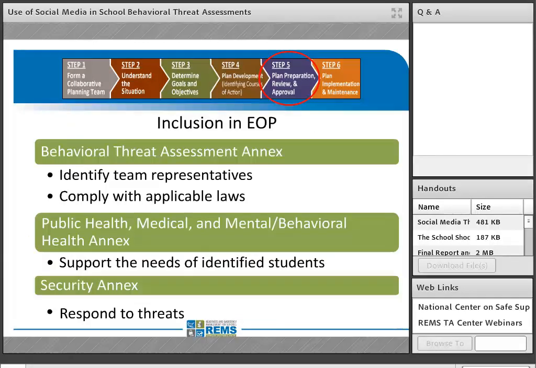So the planning team might want to consider including specific information on how to respond to targeted violence in schools in a behavioral threat assessment annex and several functional annexes. For example, information can be integrated into a behavioral threat assessment annex, which addresses how to respond to targeted